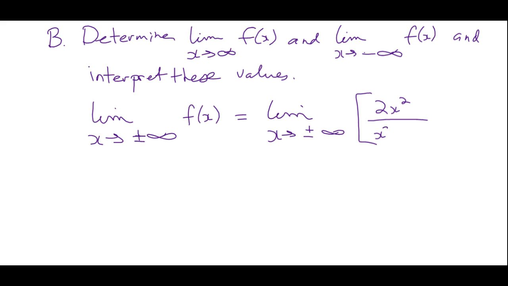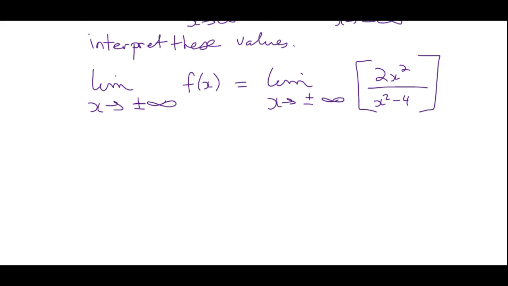2x squared over x squared minus 4. All right, now, if you think way back to limits, we were doing limits as we approached infinity. And that's in the book somewhere, section 1.6, I think. Then what do we do? Well, we divide by the highest degree. So we're going to divide top and bottom both by x squared. So that is going to give me,